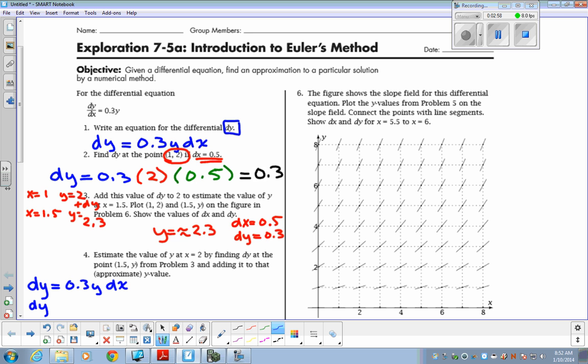So my dy is going to be 0.3 times my new y, which I just found, is 2.3. Oops, I'm writing 2.5. Times my dx, and my dx is still 0.5 because I've gone up 0.5. So my dy in this case, using my calculator, is 0.345,